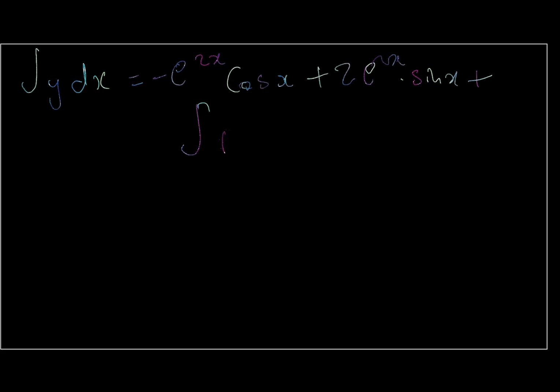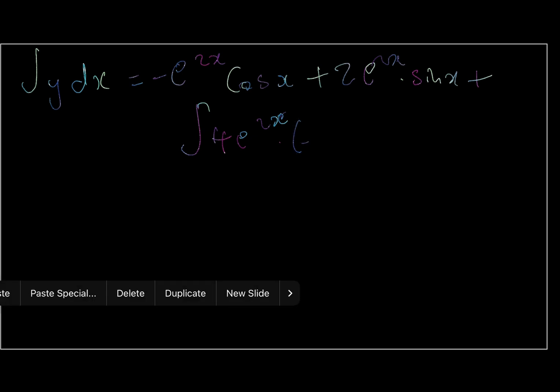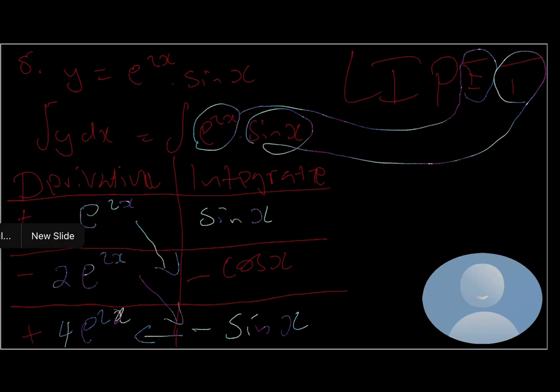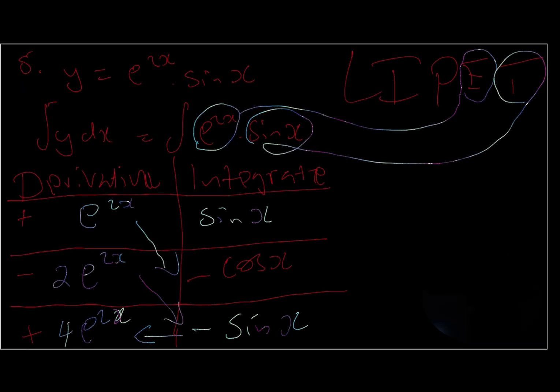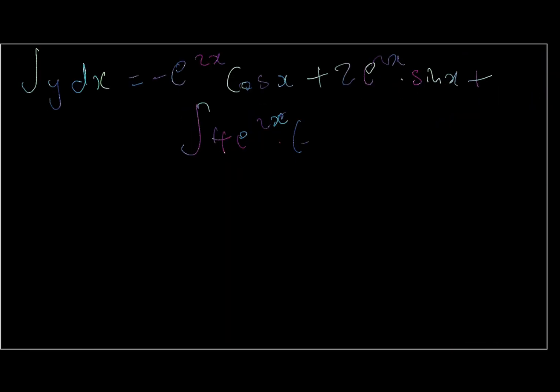Therefore, it will be 4 e to the power 2x multiplied by negative, negative what? Negative sin x. Yes, negative sin x plus c. Remember, the constant is very important, right? Therefore, the answer will be,